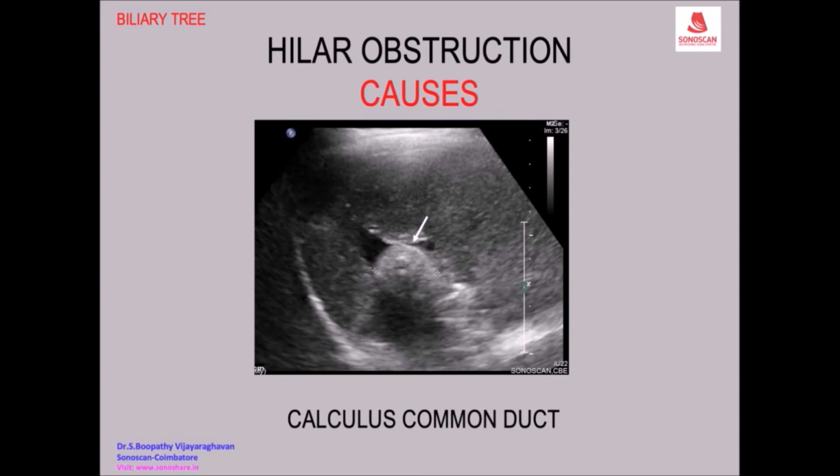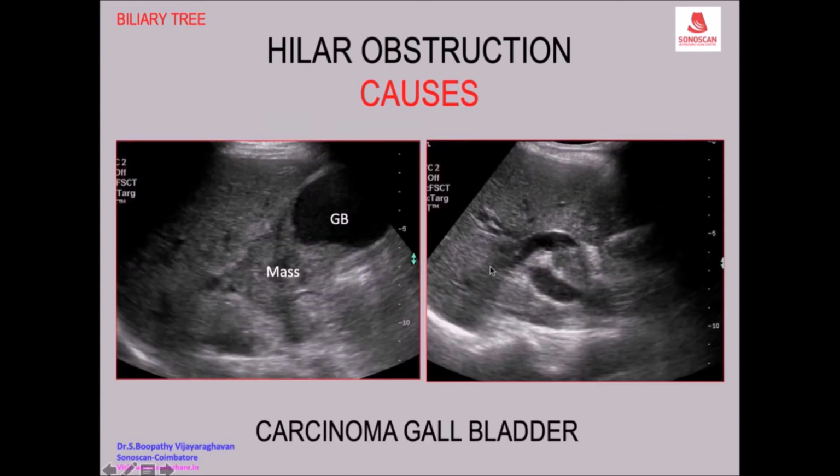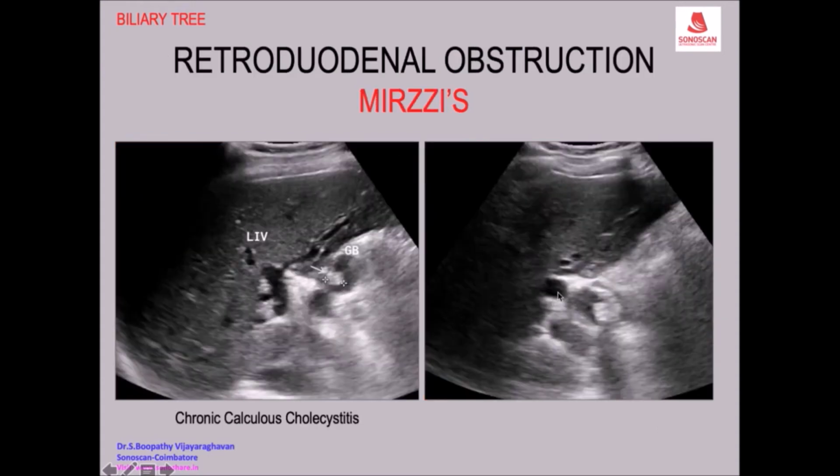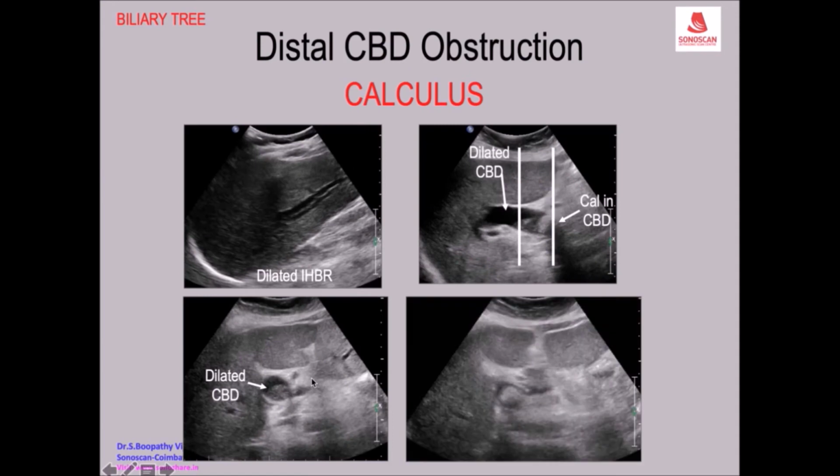So, this is the oblique scan. You see the dilated ducts, and in the hilum, a large mass can extend into the hilum and infiltrate the common duct, producing obstruction to the biliary tree. So, a patient may present with jaundice. Then the common duct is dilated, and just distal to the porta hepatis you see a calculus. So, this is actually a calculus in the cystic duct, and in another section here you will see the calculus in the dilated distal duct in the transverse scan of the pancreas.